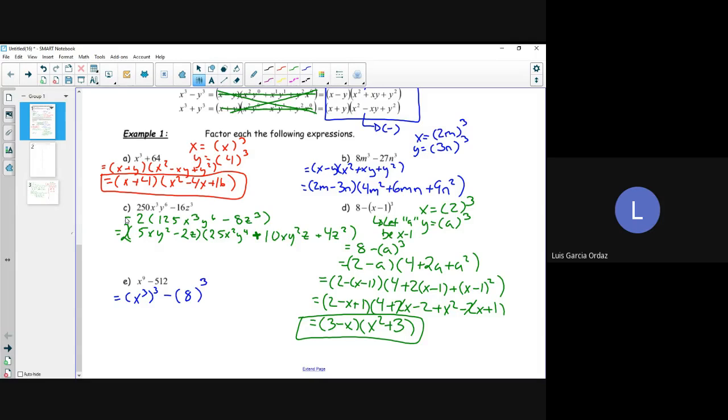So our x cubed is going to represent our x, and our 8 is going to represent our y. So we're going to be left with x cubed minus 8